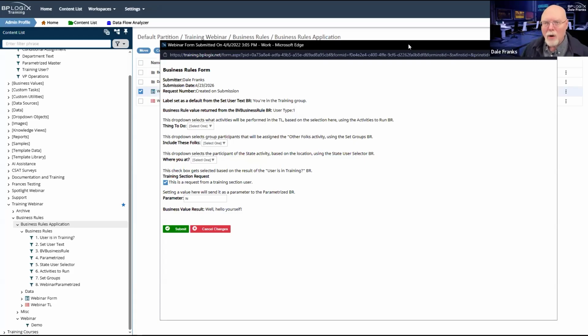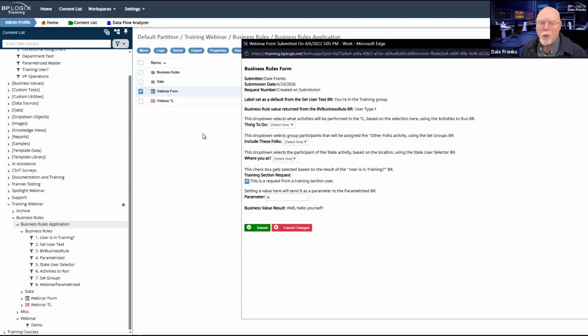So we're going to be using it for a whole bunch of different configurations. Let's start from the top to the bottom and work through what we're going to expect to happen whenever we submit this form.